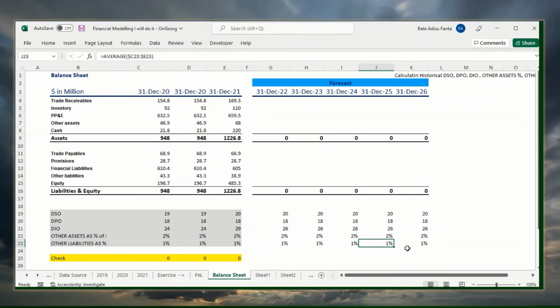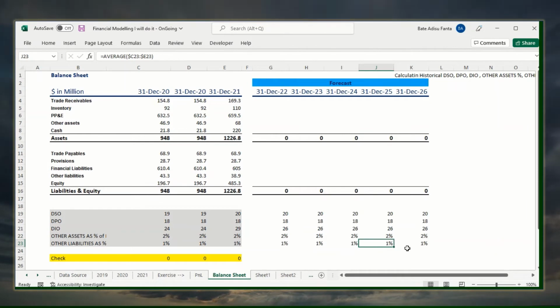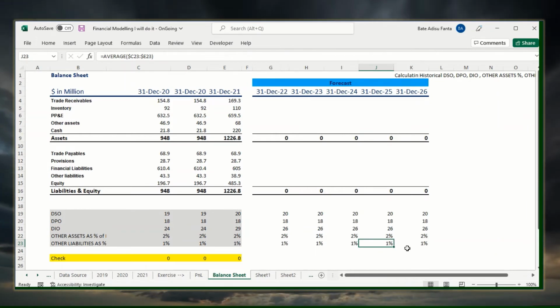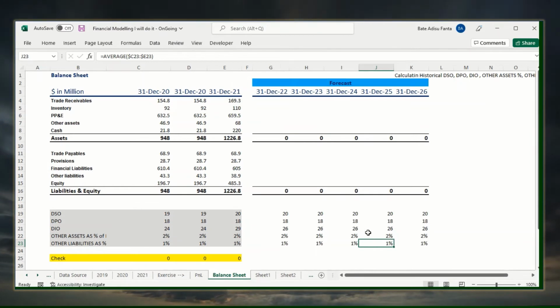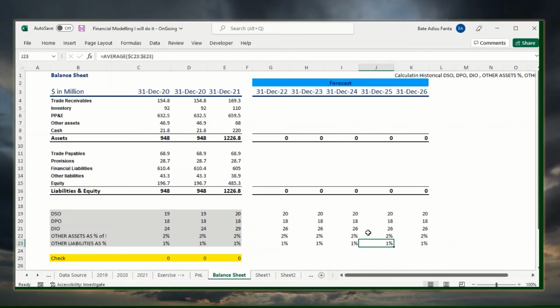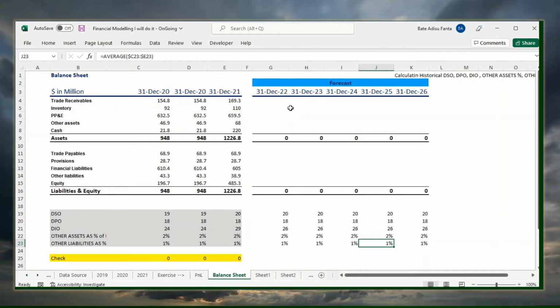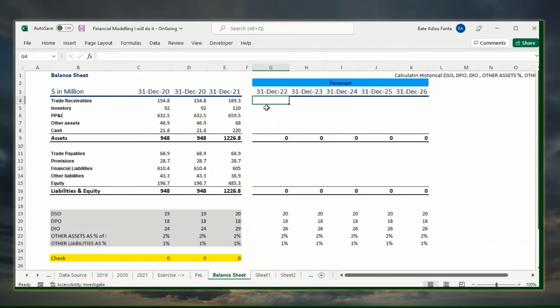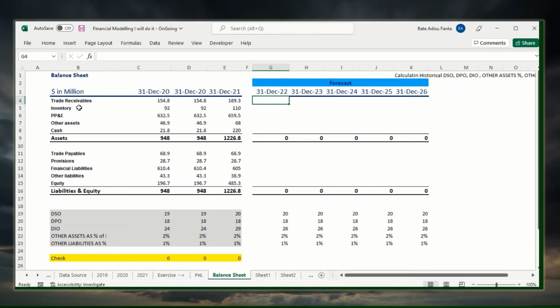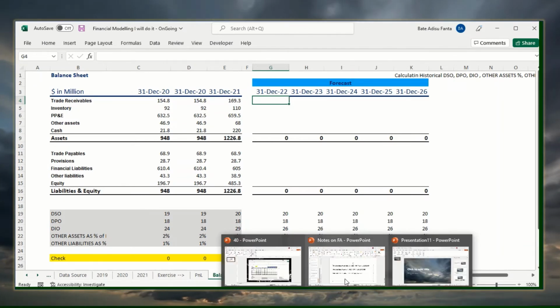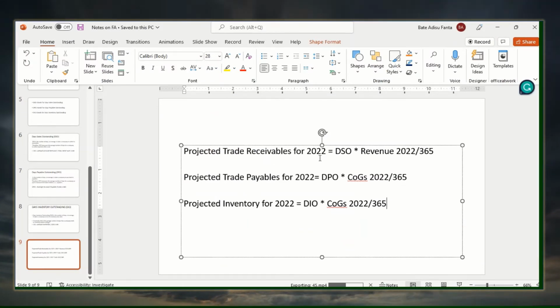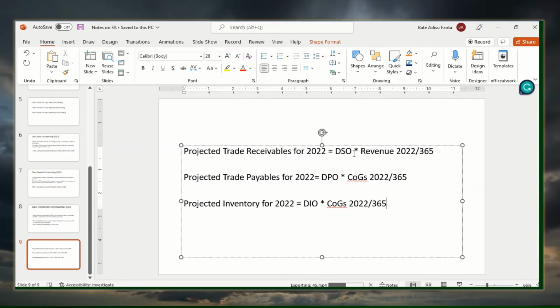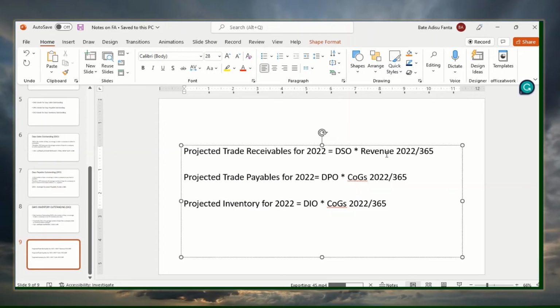Yes. So this is how to calculate the average growth rate for these drivers of balance sheet projection. By using this rate, by using this projected number of days, we can calculate the forecasted amount. Here we go. To calculate the trade receivables, the formula is simply